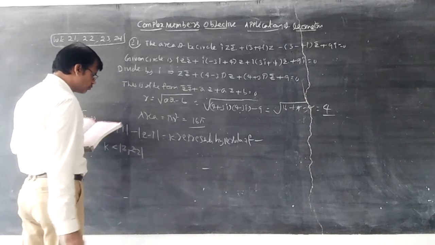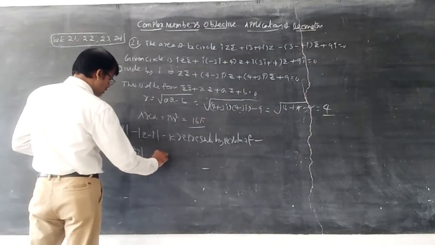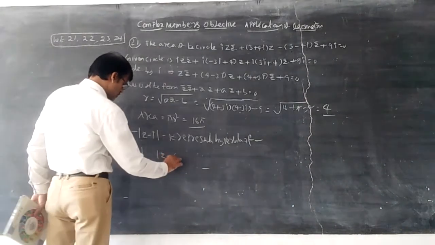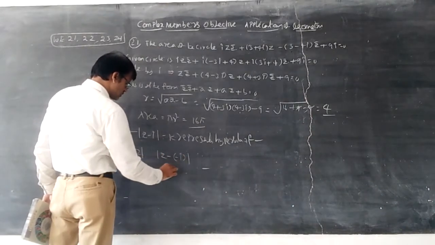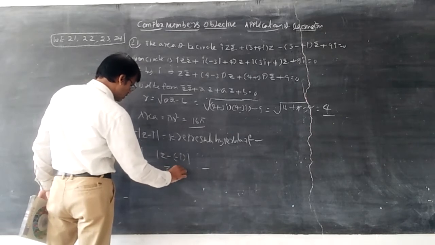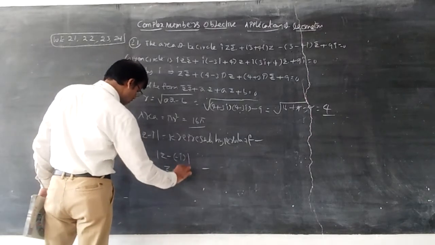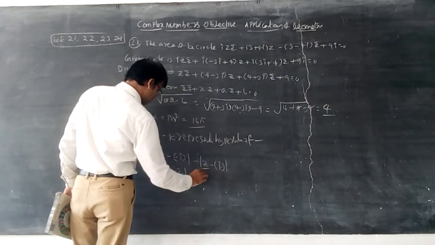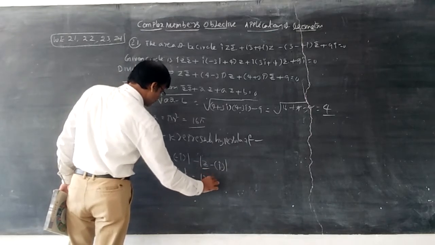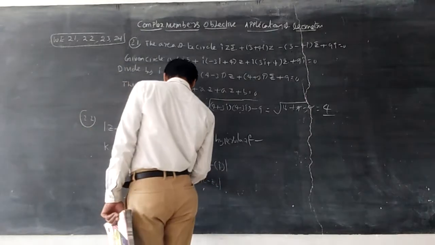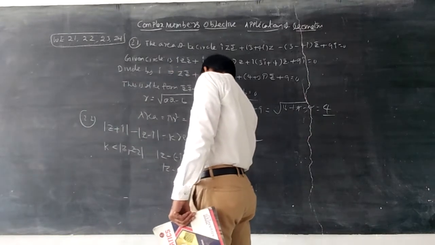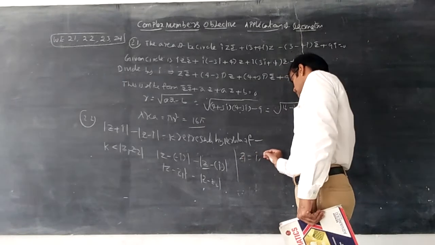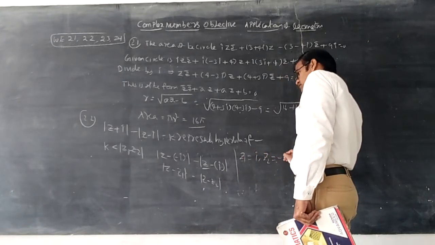So k is equal to how much? Write the formula as modulus of z minus z1, minus, modulus of z minus z2. Here it is z minus i in the separate bracket. So what is z1 here? Minus i. And what is z2 here? Only i. So right here z1 is equal to plus i and z2 is equal to minus i.